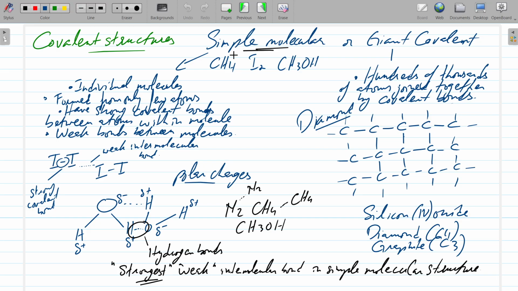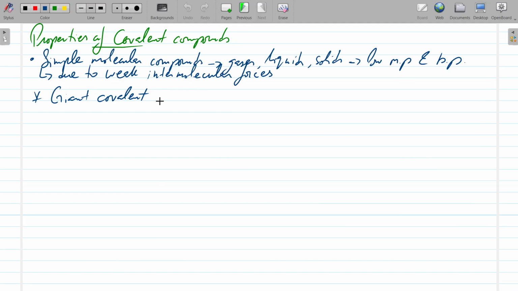The bonds between the thousands of atoms are all covalent bonds. And so giant covalent structures have high melting points and boiling points, and they tend to be solids. Why? Because,